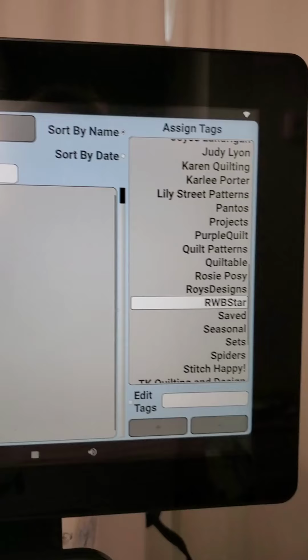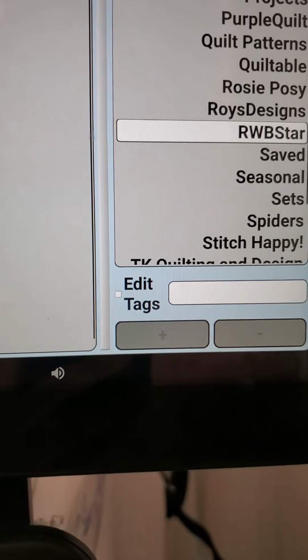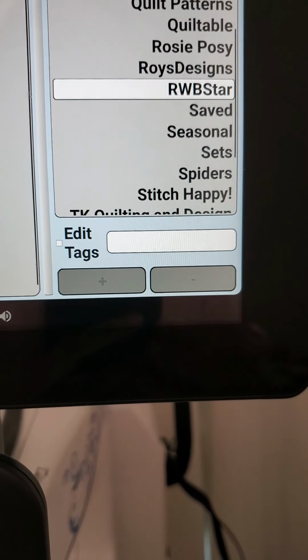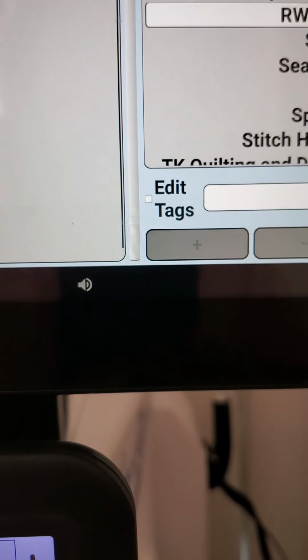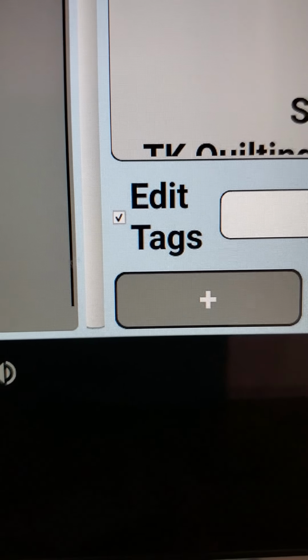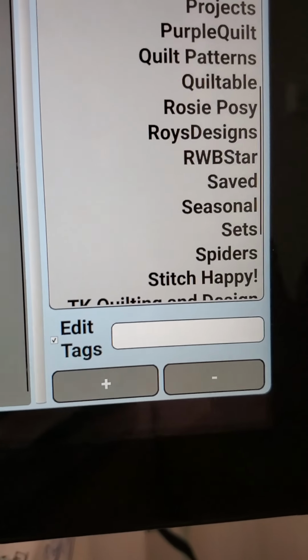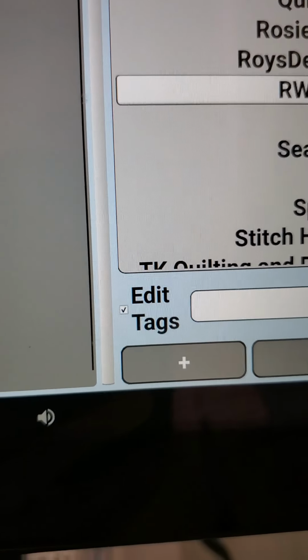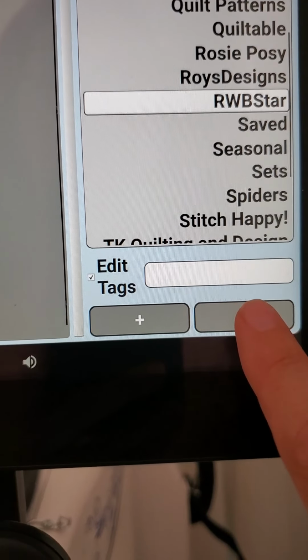So if we come over here on the right-hand side, we've got our list here. Down here at the bottom, it says edit tags. And once again, it has one of those teensy tiny little squares next to the word edit tag. If I touch on that, I get a little check mark there. And the part of the screen where I had my patterns is now grayed out, and I can go through my tag list on this side. I'm going to highlight RWB star, and with that highlighted, I can hit the minus down here at the bottom,